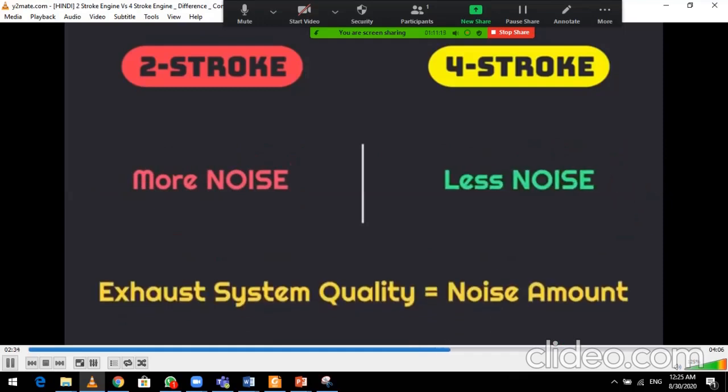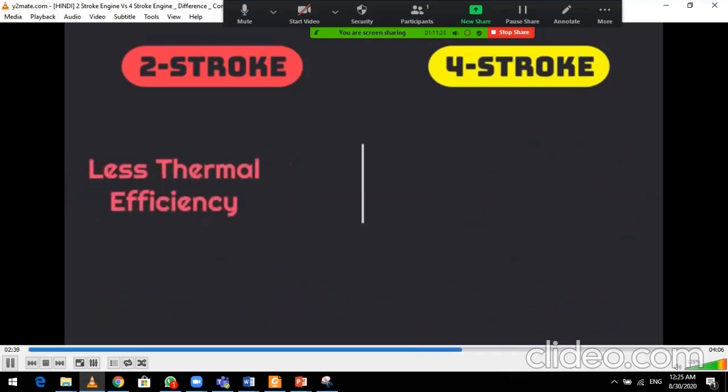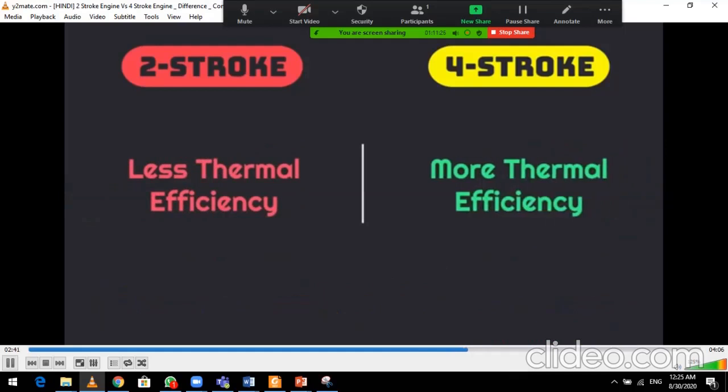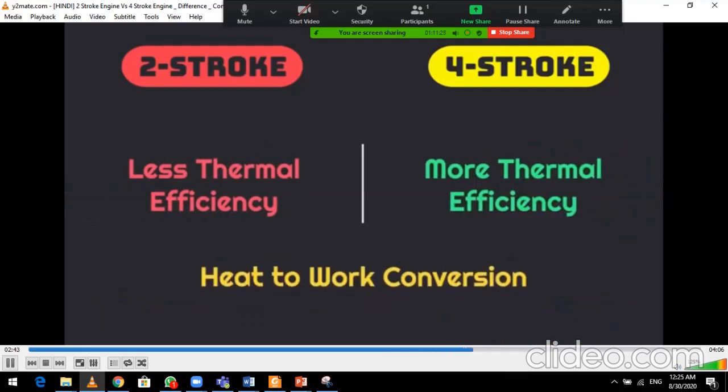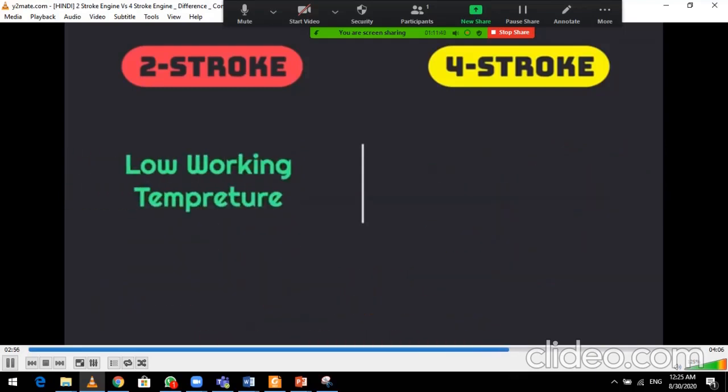टू स्ट्रोक इंजन ज्यादा नॉइज प्रोड्यूस करता है फोर स्ट्रोक इंजन के मुकाबले, और इसका कारण है इंजन का कंस्ट्रक्शन। फोर स्ट्रोक इंजन ज्यादा थर्मल एफिशिएंट है टू स्ट्रोक के मुकाबले, क्योंकि फोर स्ट्रोक इंजन प्रैक्टिकली 2 रेवोल्यूशन पर एक पावर स्ट्रोक करता है, जबकि टू स्ट्रोक इंजन हर एक रेवोल्यूशन के ऊपर एक पावर स्ट्रोक करता है।